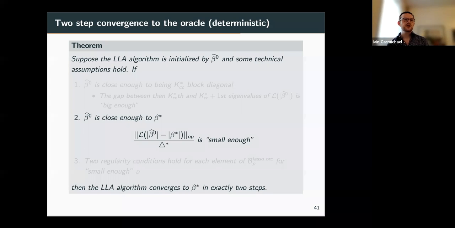The convergence will really depend on the signal to noise ratio. If the signal to noise ratio is really high, if your problem's really obvious, then you'll converge immediately. For harder problems, we could look at the two-step LLA algorithm, or we could look at the output of the LLA algorithm after it's converged, run for 1,000 steps. Sometimes, particularly in the harder regimes, the fully convergent version can squeeze a few more accuracy points out.